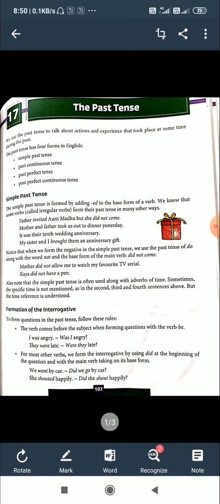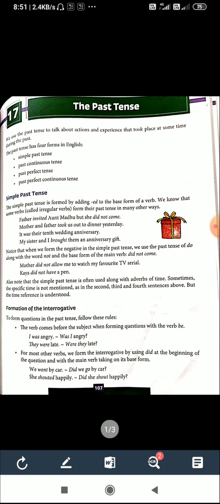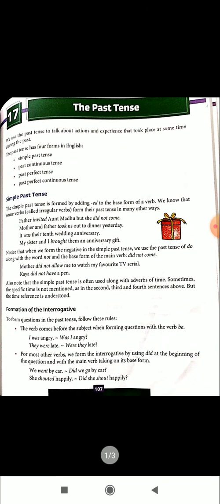There are two types of verbs, regular and irregular. Majority of the verbs are regular. That is, regular verbs are verbs to make it past tense and past participle, we add ed to the base form of the verb. Walk is a base form. Walked, W-A-L-K-E-D, walked, past tense.